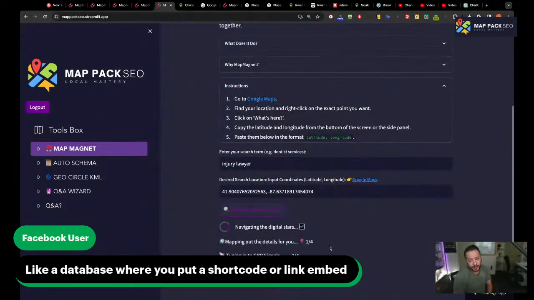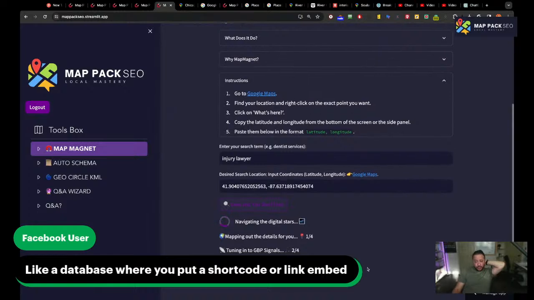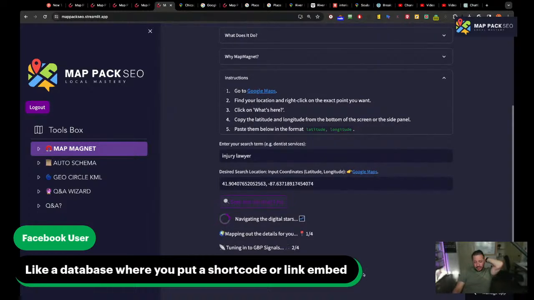And now what it does, it's scraping from that exact location, that coordinate, and gets you the top 20 results on the map. It's not dividing, it's all the signals. The way I did it, I actually listed all the GMB ranking signals and the on-page or website ranking signals, right? And then I tried to see all this data, because my VA used to do it, and when I do any audit for any new campaign, that's the first thing I do, and it takes me sometimes 2-3 hours.